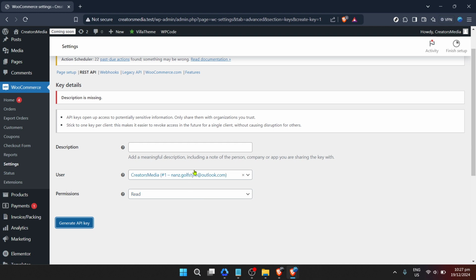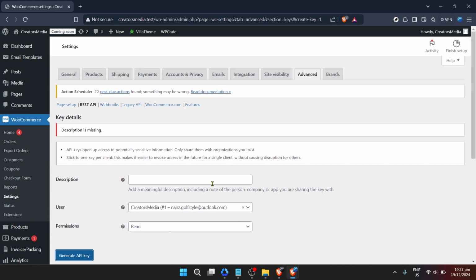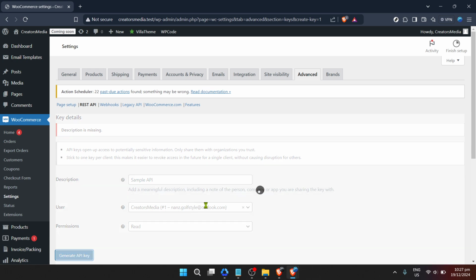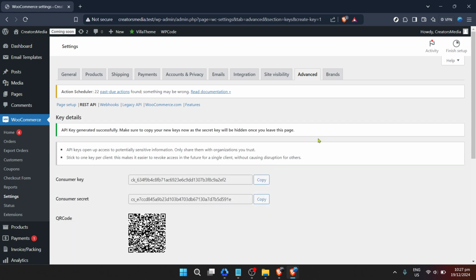Upon clicking to create a new API key, you'll be prompted to provide some details about this key. This is an essential security measure that ensures each key is used correctly and for its intended purpose. Take a moment to fill out this information accurately. Once you've provided the required details, the next and final step is simply to click on Generate API Key. Clicking Generate API Key is akin to hitting the Start button on a machine. It sets into motion the process that creates your API key, which you'll use as a secure means of accessing